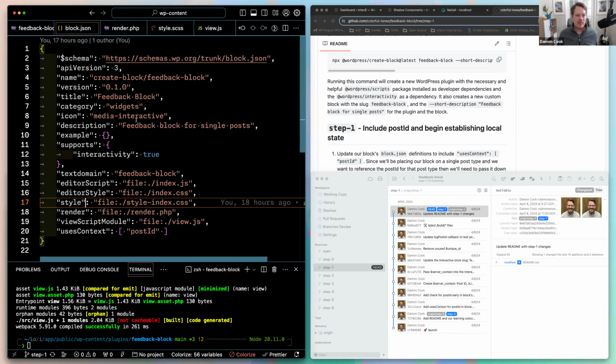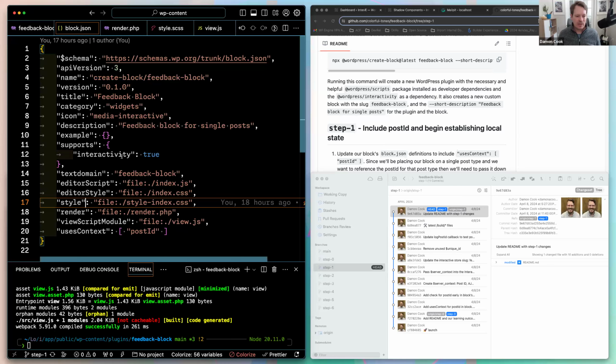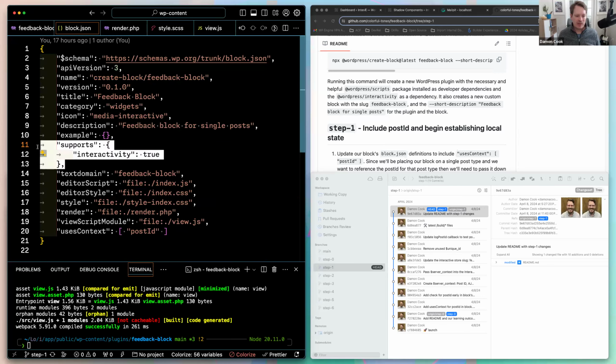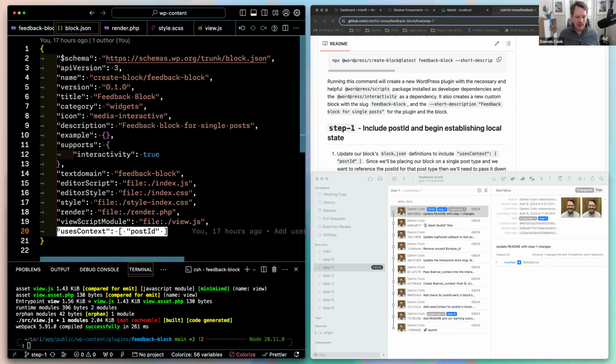And then it's looking for the block.json, which is kind of the heart of the entry for defining our block meta information. And with the create block package, it kind of gives us all this information in our custom block. So, this was all generated from that command, but the additional change that we start to make here,